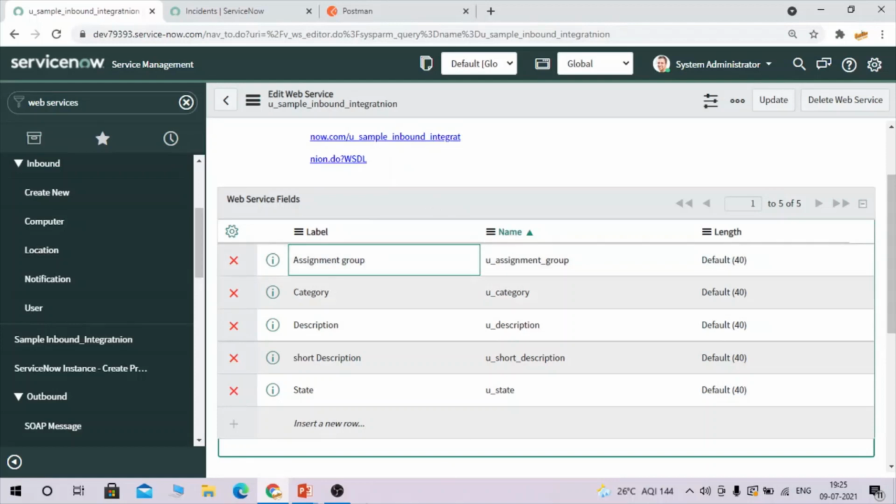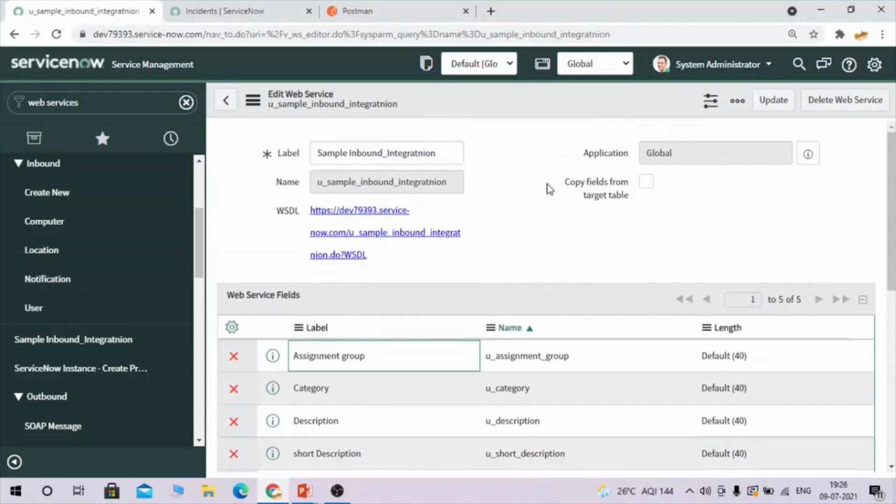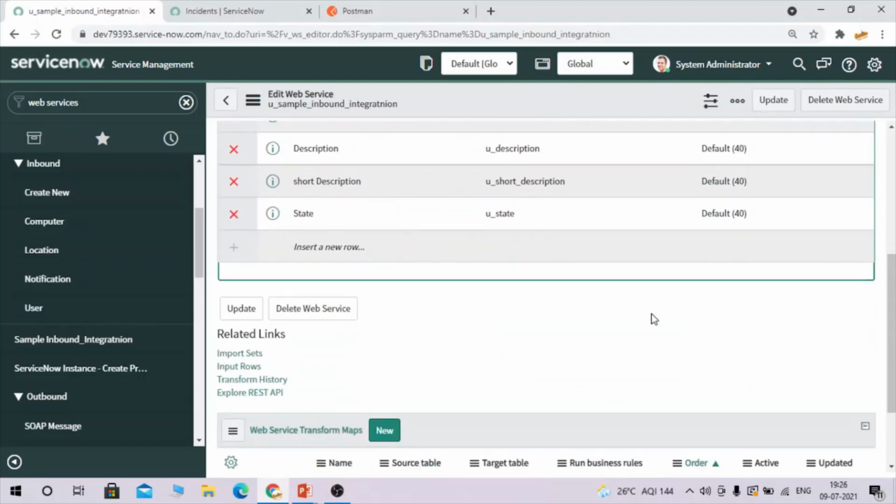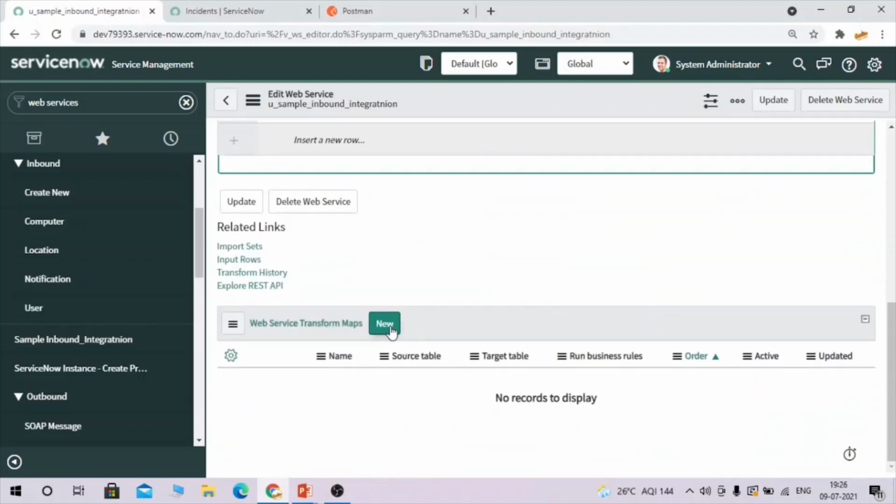Then, by using the transform map, we are going to map all these fields into the incident table, which is our target table. So this web service table acts as a staging table, and our target table is the incident table where we want to create the data. Here you have to create a new transform map.